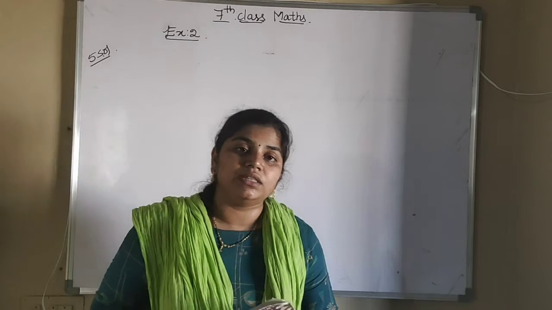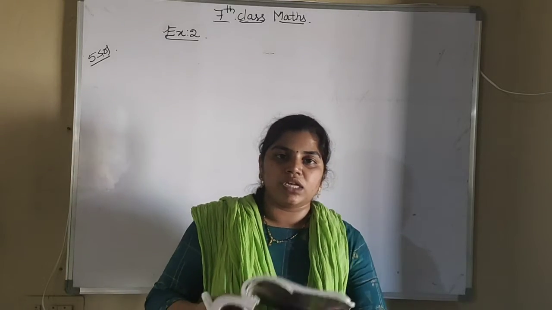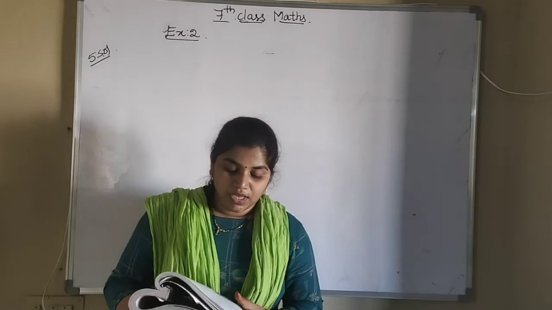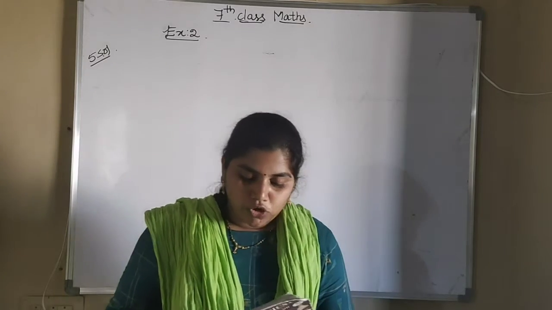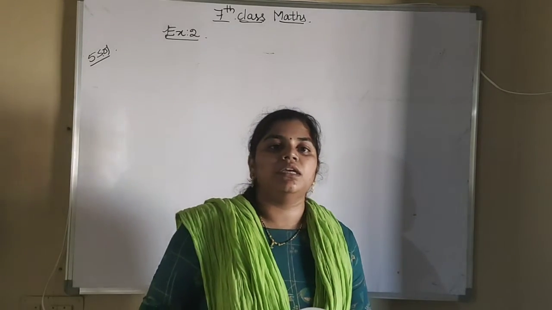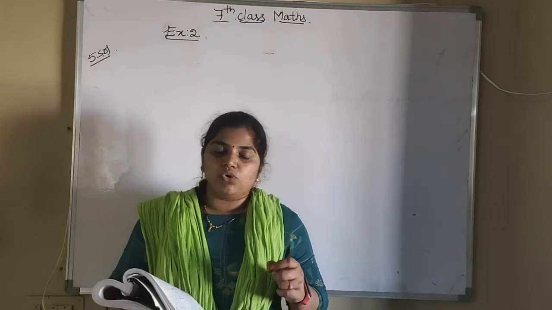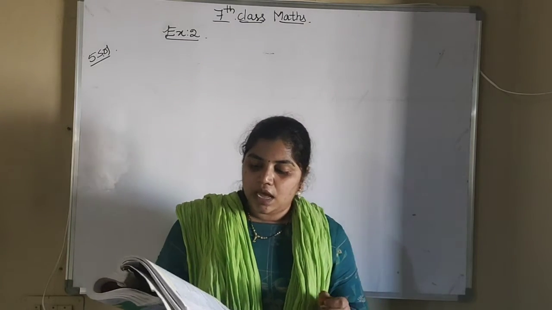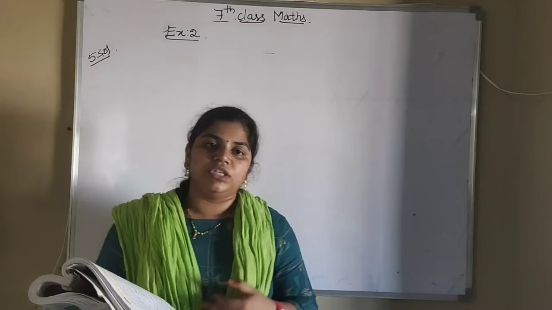How many engineers are there? 18 are there. How many doctors are there? We have to find. In the same way, in the second bit, if there are 65 doctors, how many engineers are there? We have to find. In the second bit, the total number of doctors is 65, and we have to find how many engineers there are.